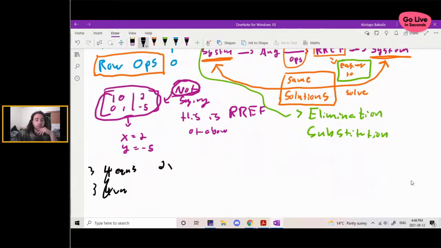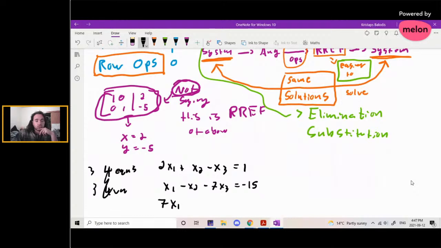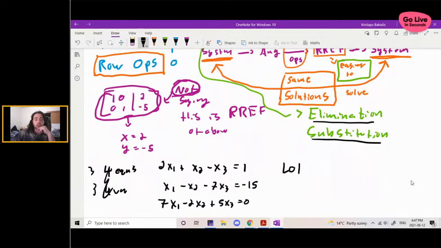Even if we had 3 and 3, it's like 2x1 plus x2 minus x3 equal to 1, x1 minus x2 minus 7x3 equal to minus 15, and 7x1 minus 2x2 plus 5x3 equal to 0, right? If you tried just doing elimination and substitution here, then it would actually be a lot longer and way messier, right? If you think about all the substitution of variables and stuff you'd have to do here,